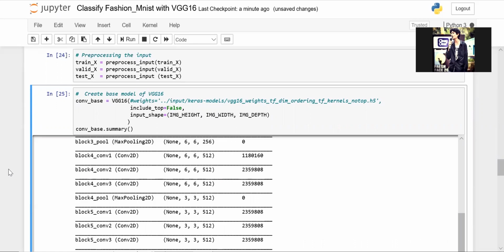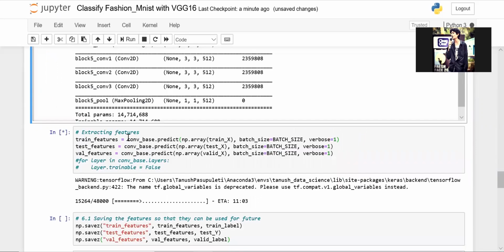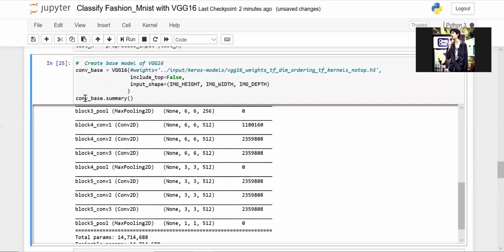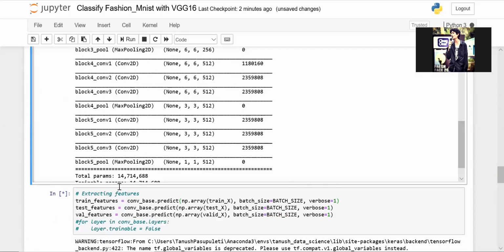So which is why we have taken the VGG16 base model. And now that we have this base model, we will be using this neural network to get the features out of our existing images, which is what we are doing here.